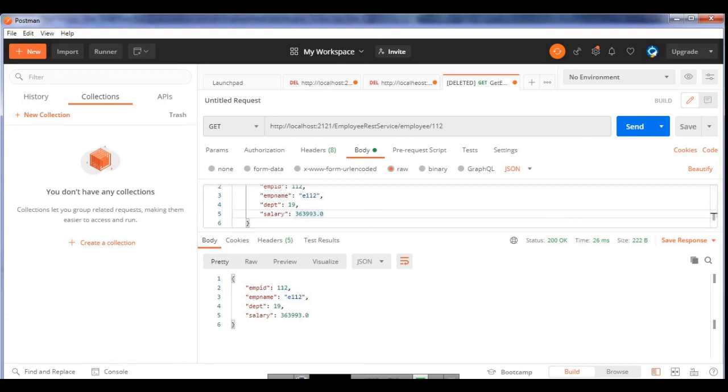So now we have tested all the endpoints: displaying all employees, getting a particular employee of a particular ID, deleting an employee, adding an employee, and updating an employee. I can develop a client application, of course, and that is going to be in the next part of this session, or you can say I'm going to give it in my next video. Okay, thank you so much.